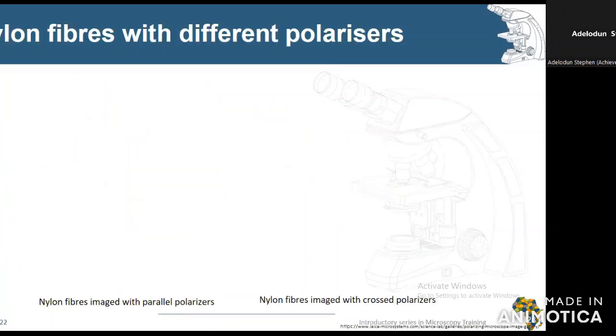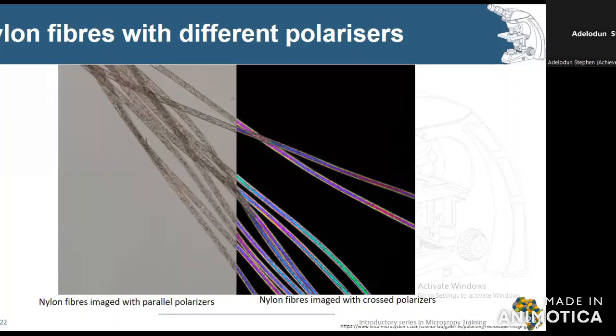This particular picture is showing the image of a nylon taken by the light field, the bright field microscope, and also the polarized light microscopy. Now, we can actually note how the light is being refracted, causing the different colors that we can see in the polarized image. And also the background is showing that the only light that interacts with the object is all that is